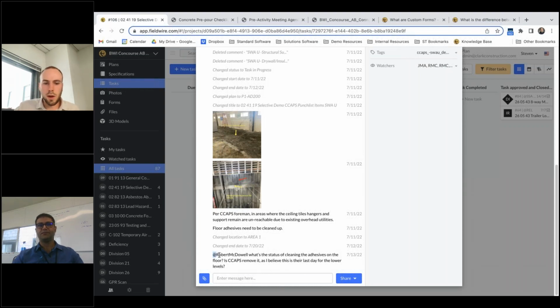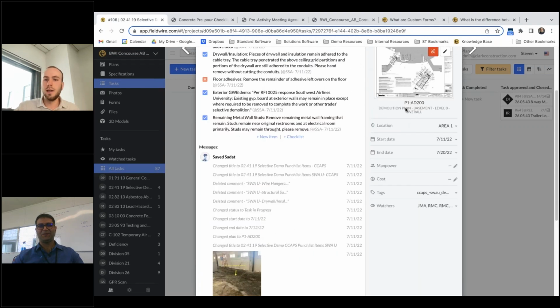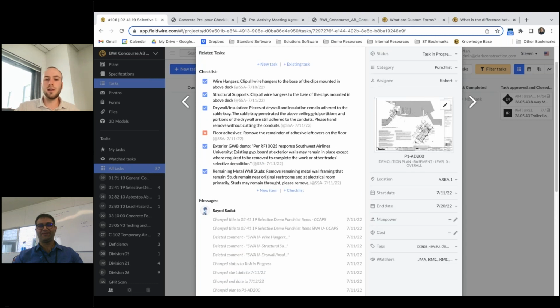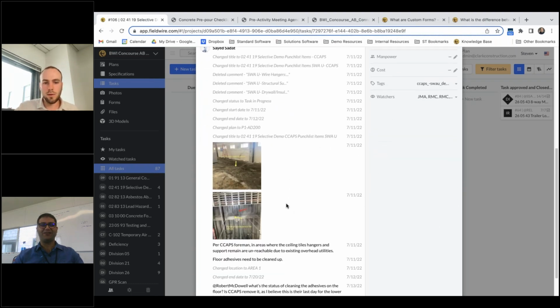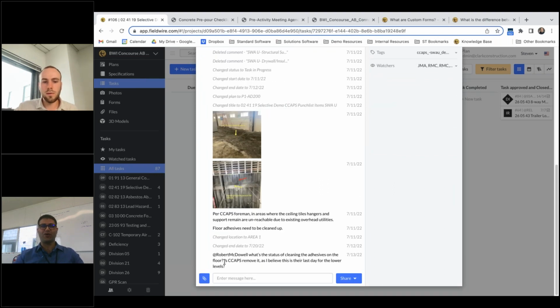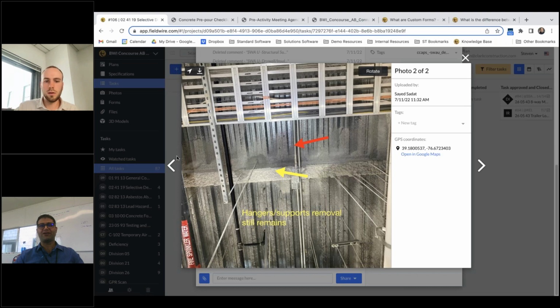Right. So that's Robert McDowell here, right? So you can kind of see that you're actually tagging him in this task, setting him as the assignee, and using this for a bit of communication between your team. That is correct. And those are some of the areas of concern as well that we want to make sure that, you know, it's in our record as part of what we are looking for and what are the areas that we have issues with.